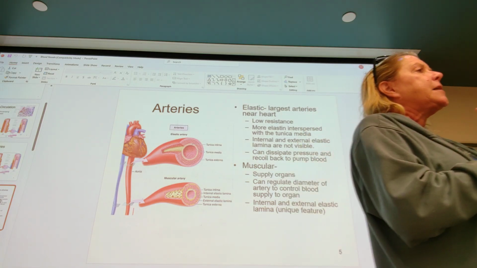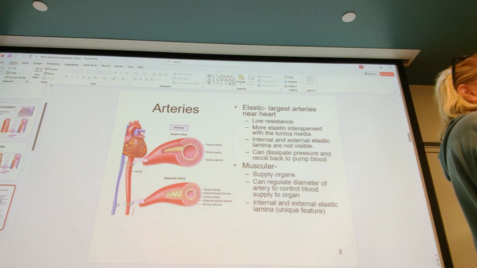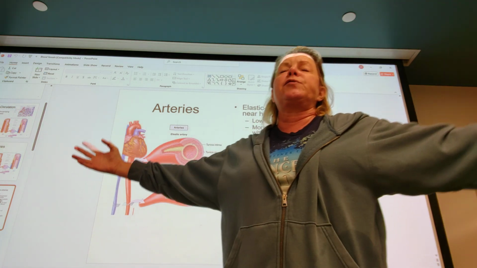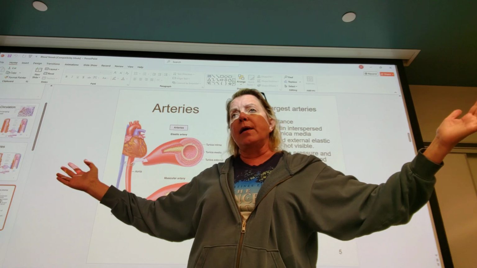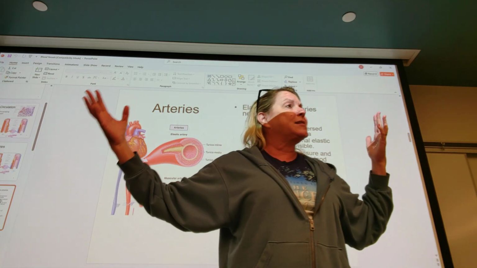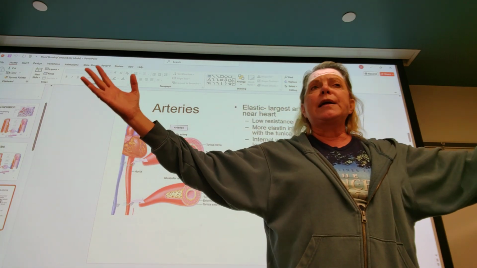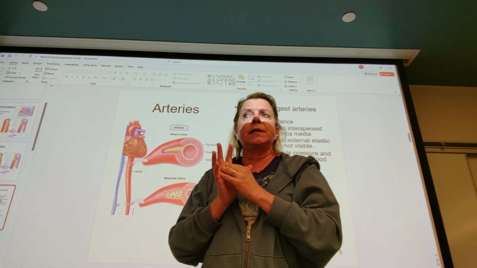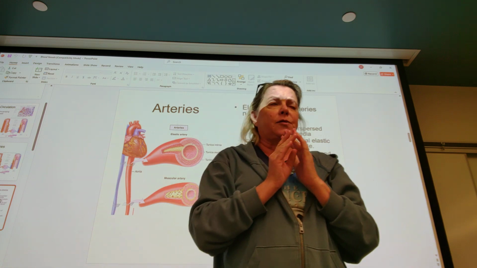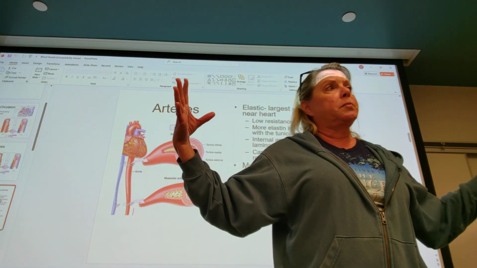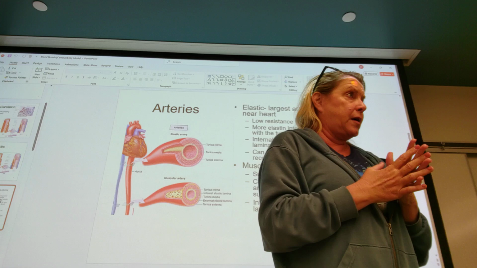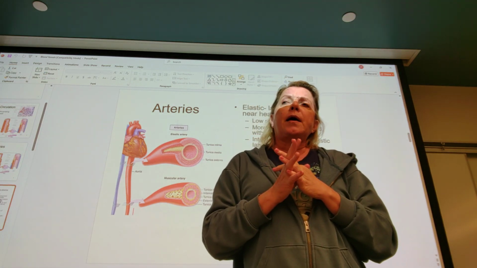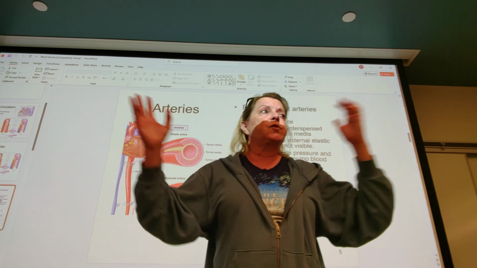So elastic arteries, being closest to the heart, need great distensibility. They must be able to stretch. But when the heart is at rest, with all this elastic tissue, there is a great recoil. And we've talked about the most important property of elastic tissue is not so much that it can stretch, but it's also the recoil that we're most concerned about. So when the heart is at rest and these large vessels recoil,